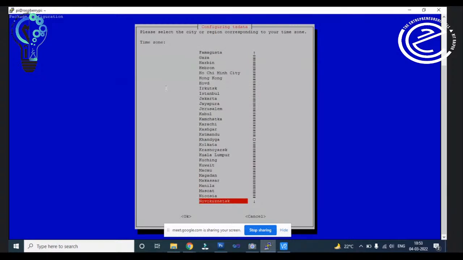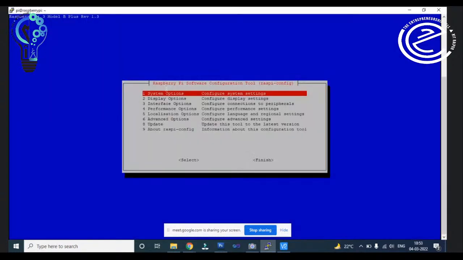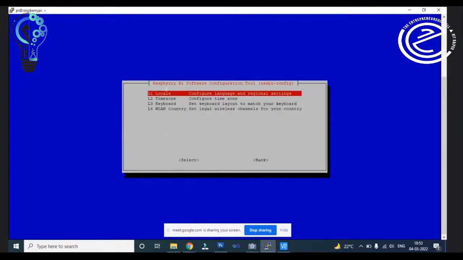So you can choose Kolkata because we normally follow the Kolkata time zone. So just click on OK. It has already updated the time zone. Again, now you have the keyboard, then you can also choose the keyboard.